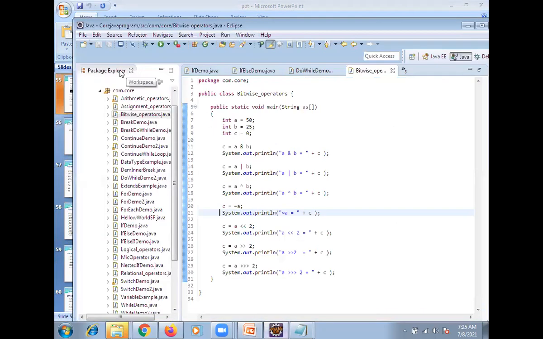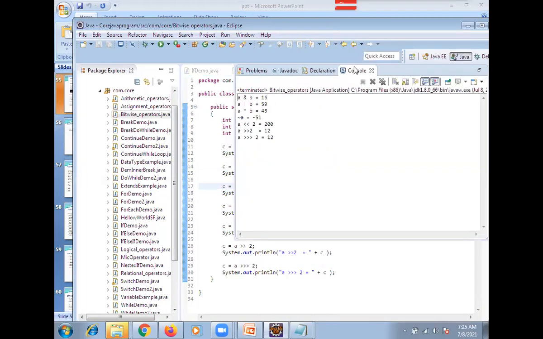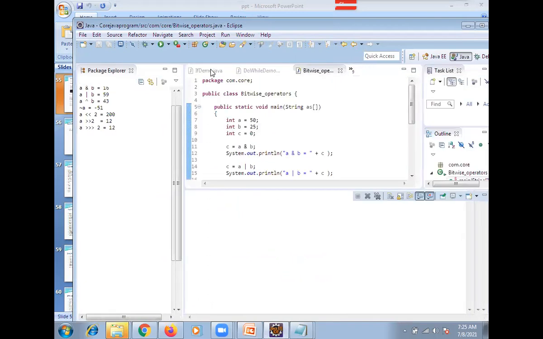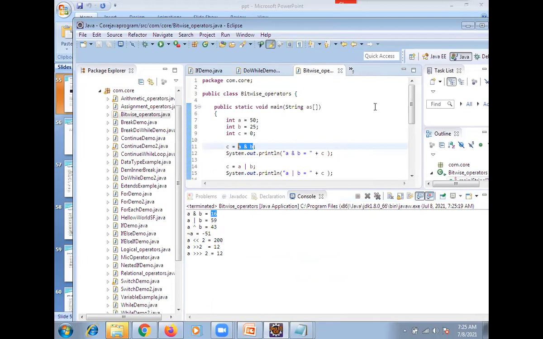Yes, operations. Now you can see bitwise operators. We already saw bitwise operators, right? Plus, C plus, these are the bitwise operators. Now you can see what is going on here. You can see how it is executing. If A and B, what should be printed here actually? It is true, right? Yes.